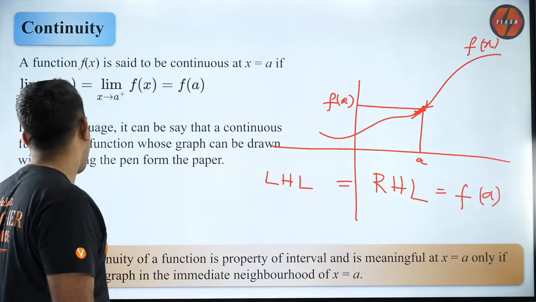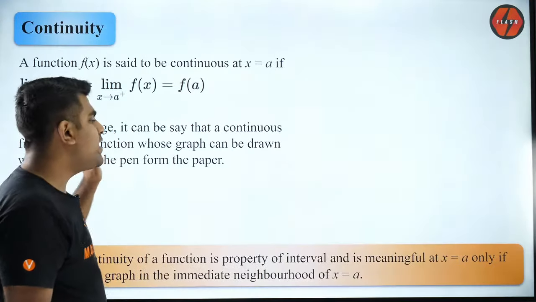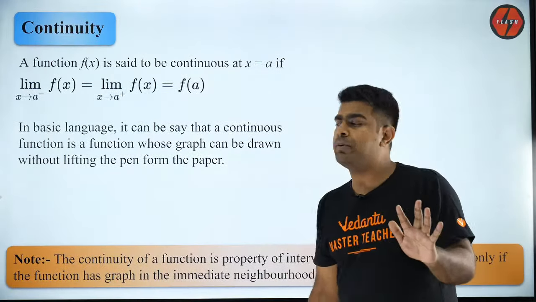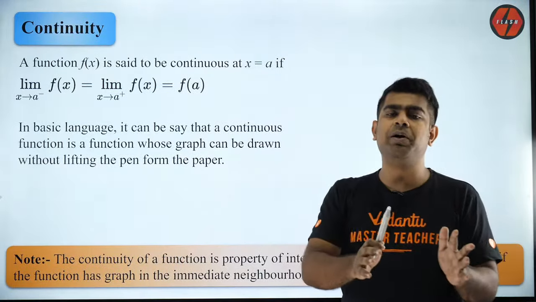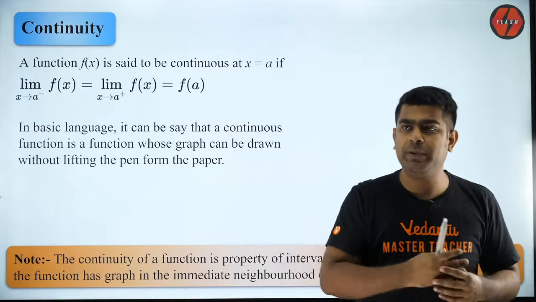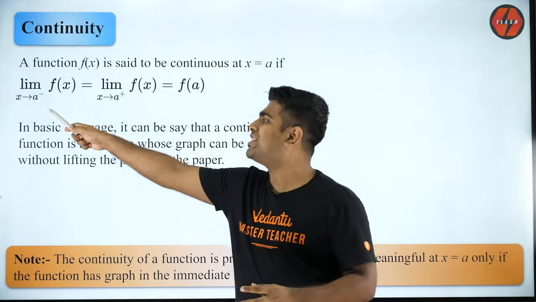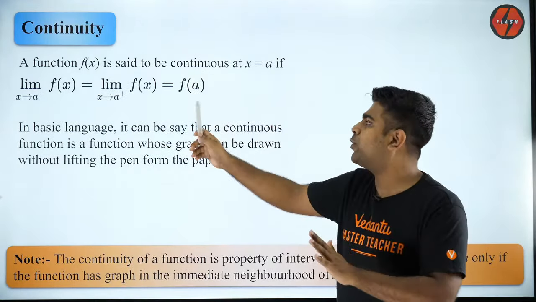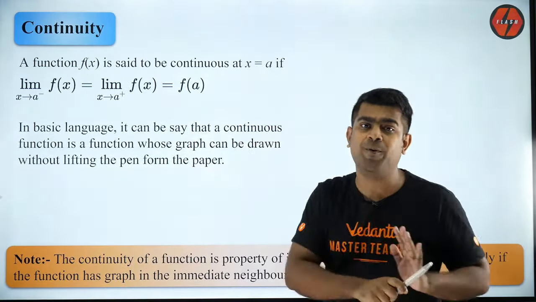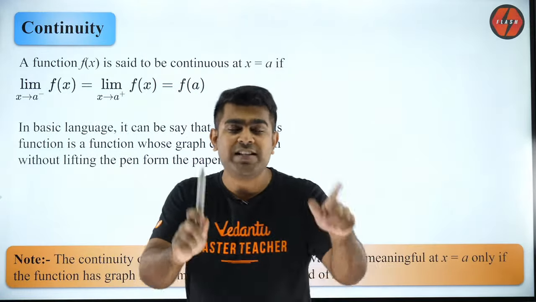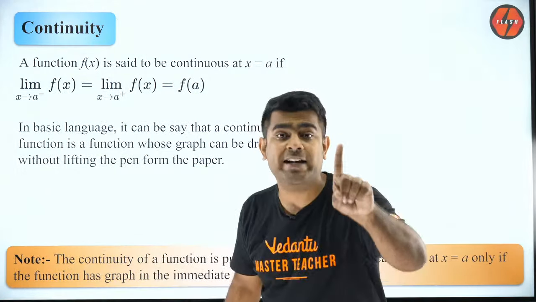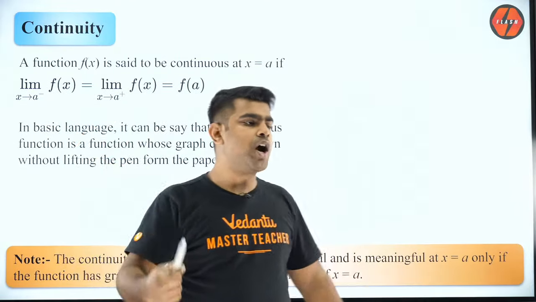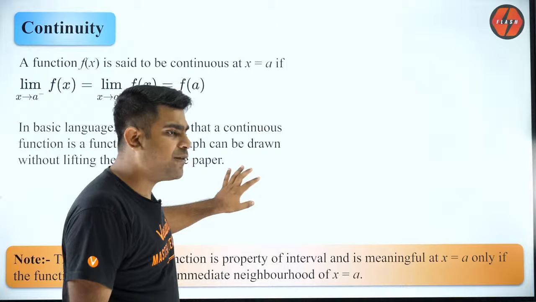So effectively, what do you have to remember? What does Shimon Sir expect everybody to remember? I want you guys to remember that continuity at a point means your left hand limit at that point should be equal to the right hand limit at that point, and that should be equal to the functional value at that point. That's it. But please understand, this is continuity for a point, one single point A. Got it? I will talk about continuity in an interval after a while.